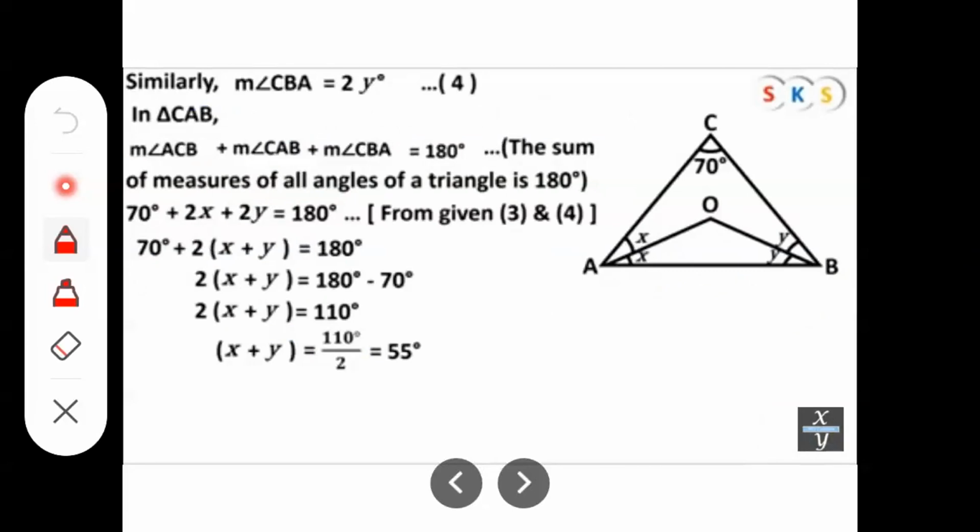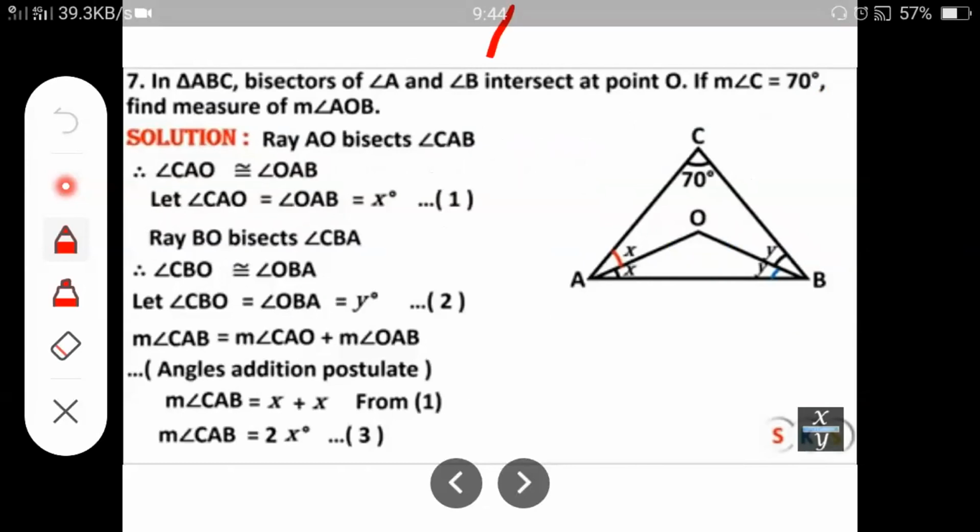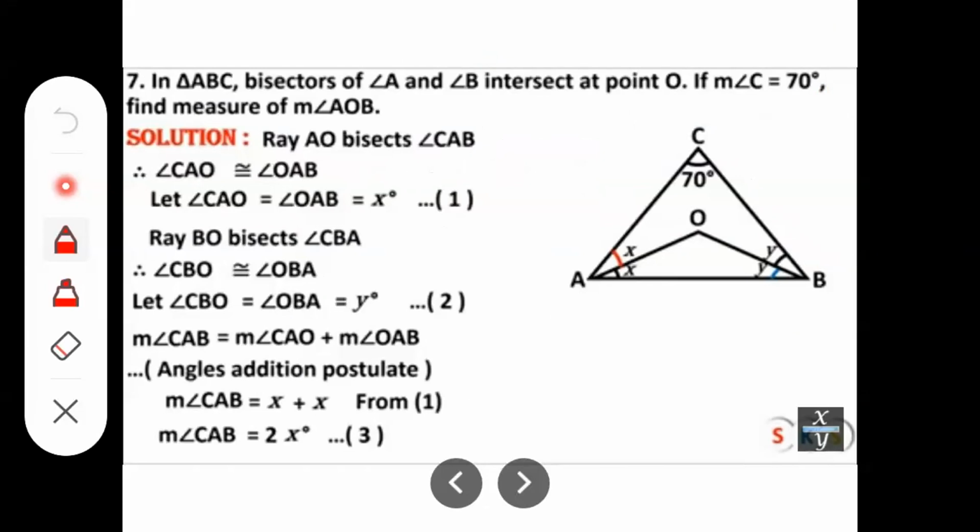Yes, this is the 7th example. Example number 9 is removed from the syllabus. And the rest of the examples, example 8 and example 10, will not come for 2 or 3 marks as the solution is longer. So in the class we are learning only the examples which come for 2 and 3 marks.